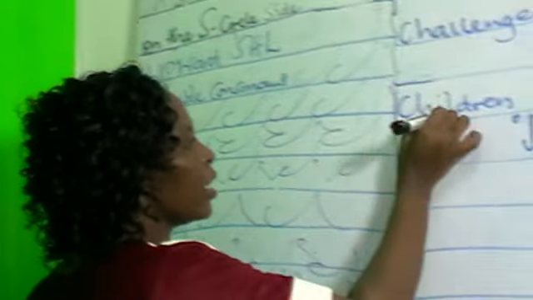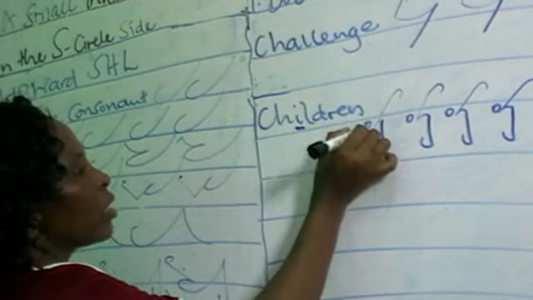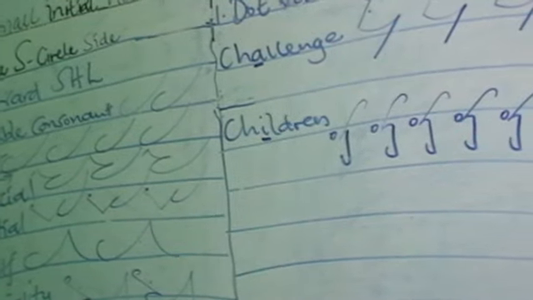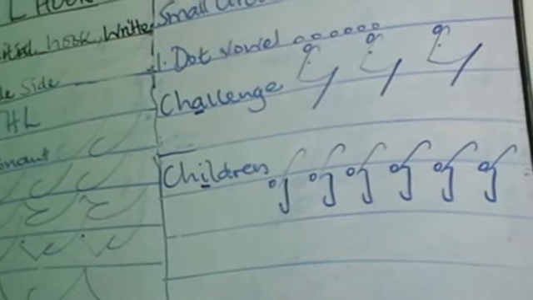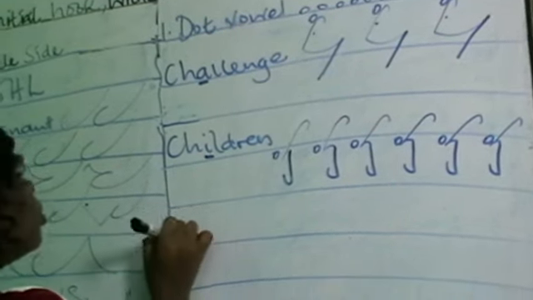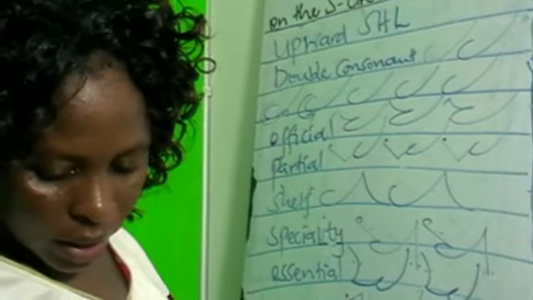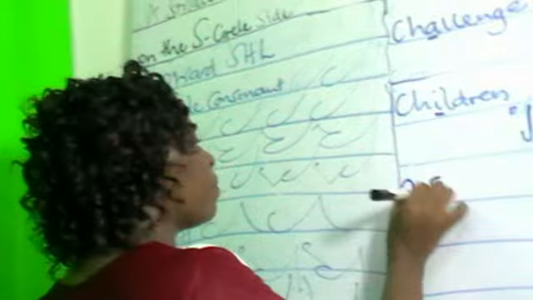The short I is replaced with a small circle, just the way short A has been replaced with a small circle. And we have number 2, in the case where we want to replace the short